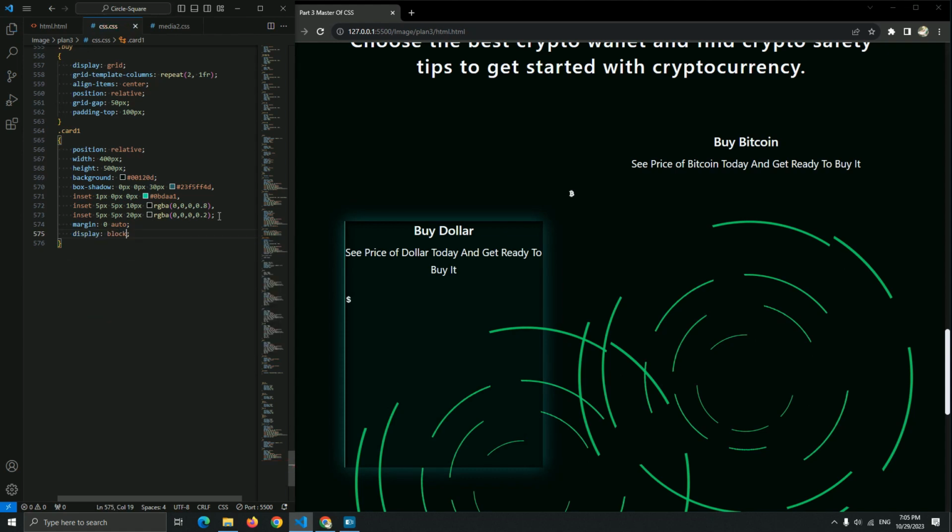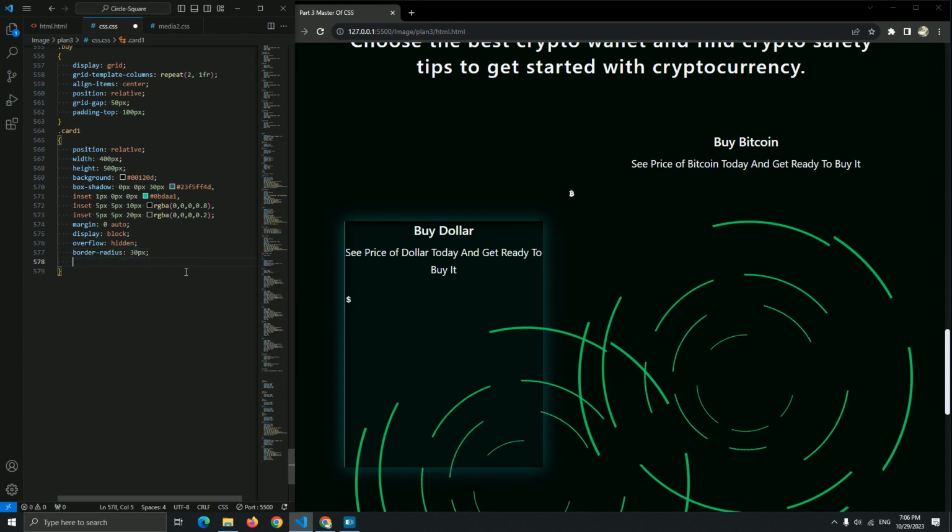I just want to be a center, but let me just add overflow hidden. You're going to ask why I add this overflow hidden: because I want to add an image inside of this card. To show you what I mean by that, let me just add an image. So let's keep going, and let me add the border radius